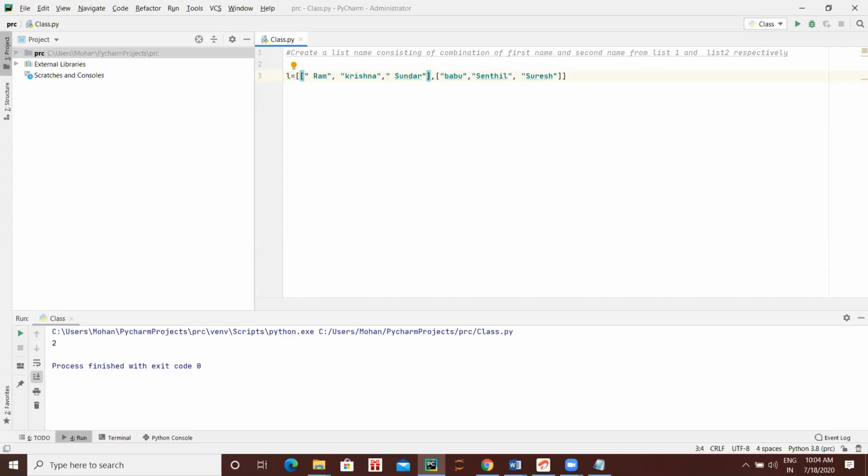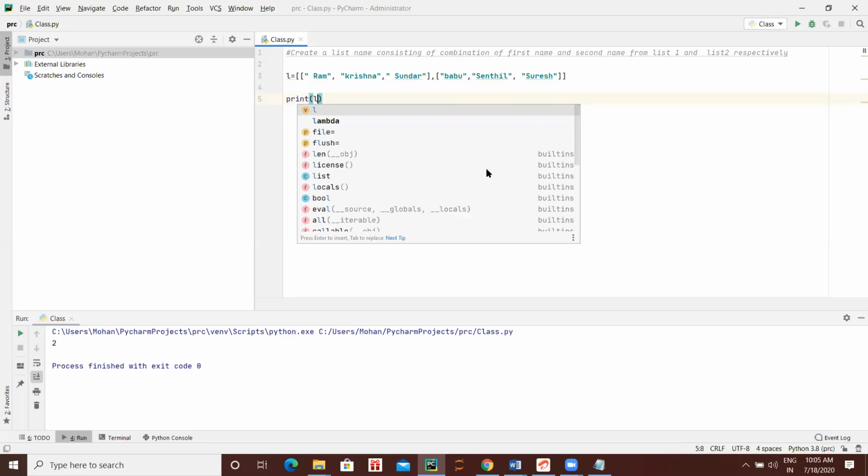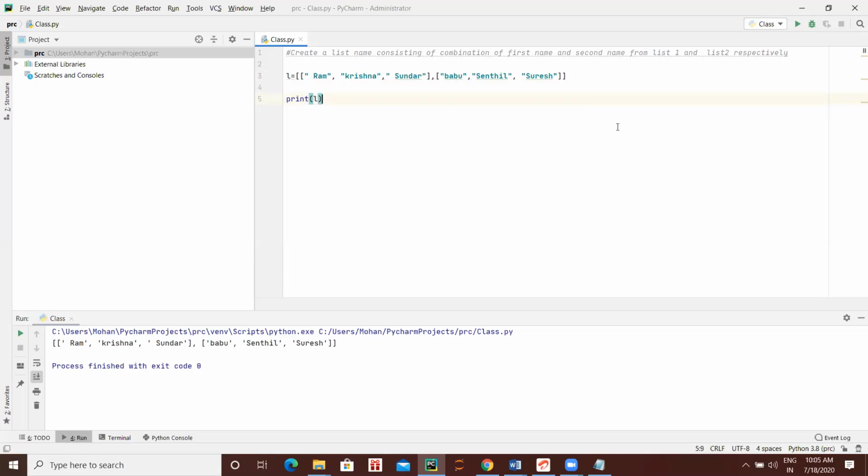Now just come to the next line. Enter. Print L. Run it. Okay, this is your list. Now, how to print only the first name list?